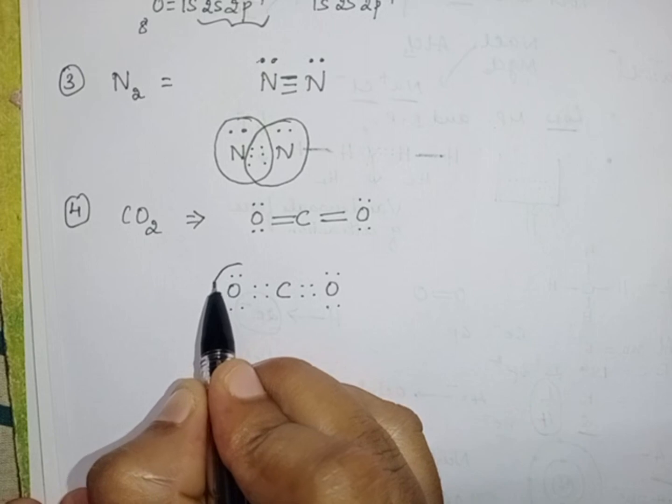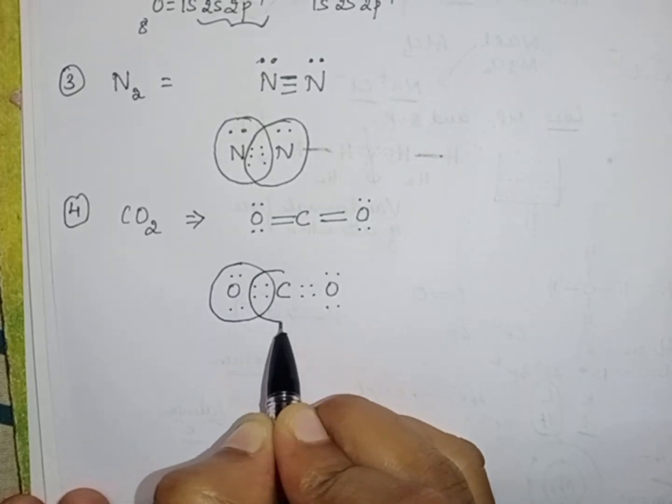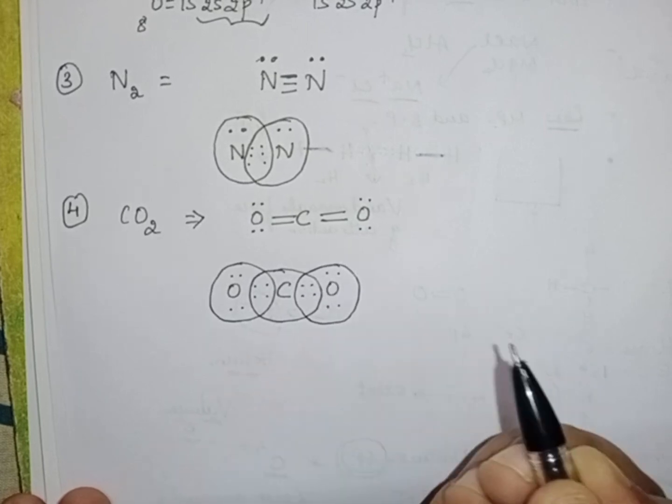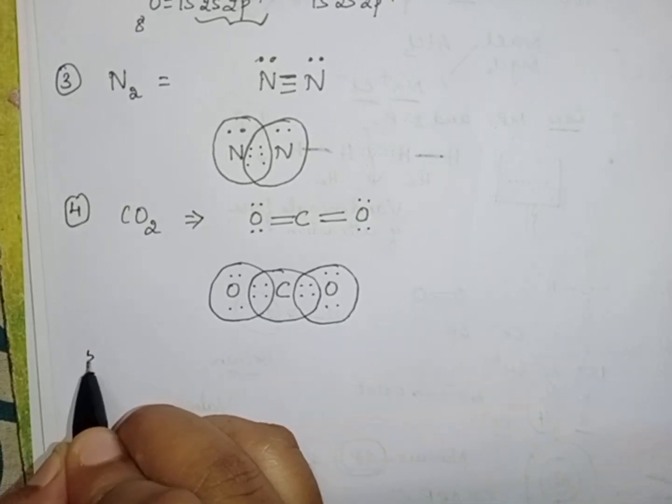Okay, just circle it. 1 2 3 4 5 6 7 8. This also got 8. This also got 8. So this is the electron dot structure for carbon dioxide. Next, fifth one,